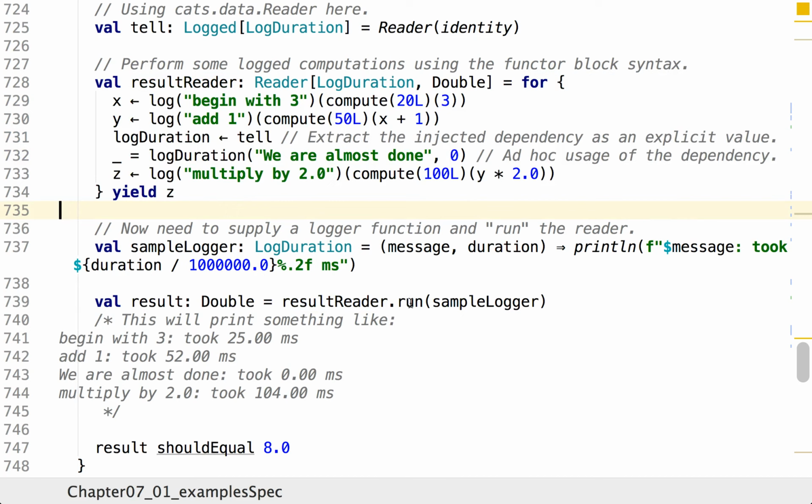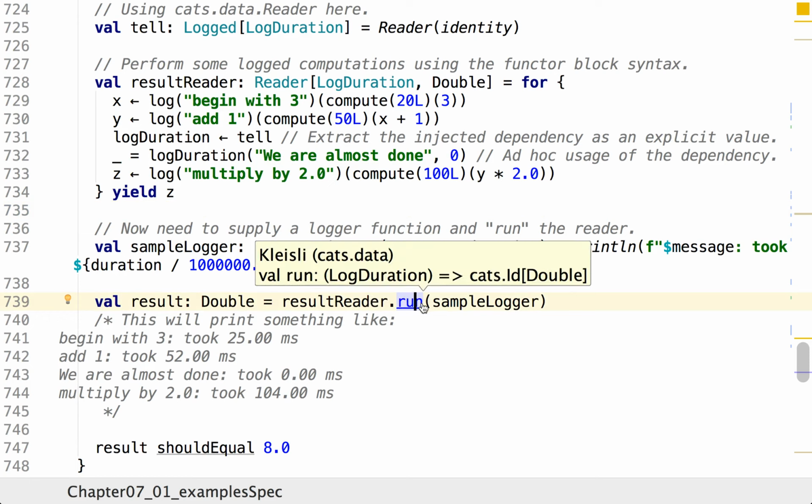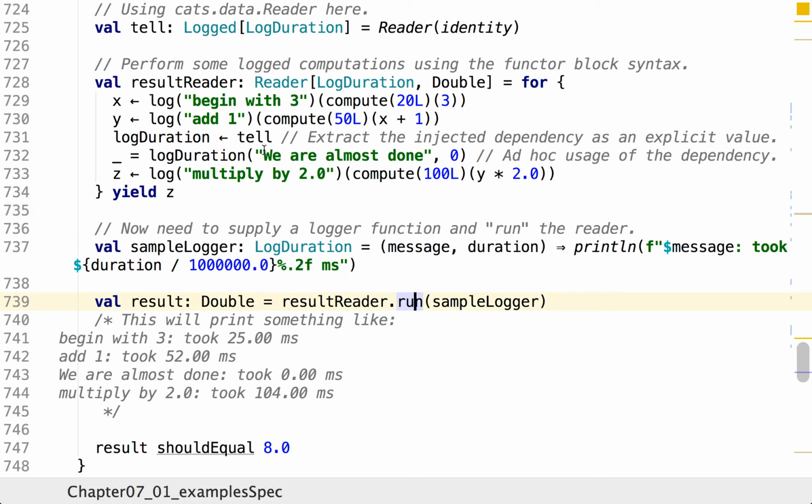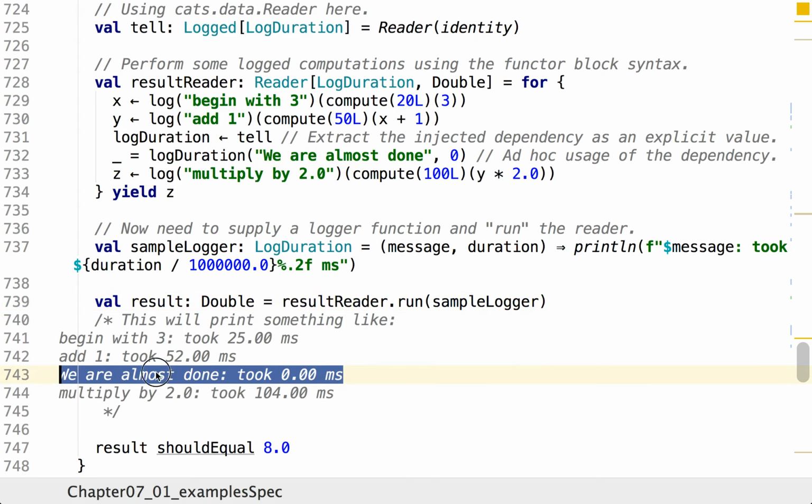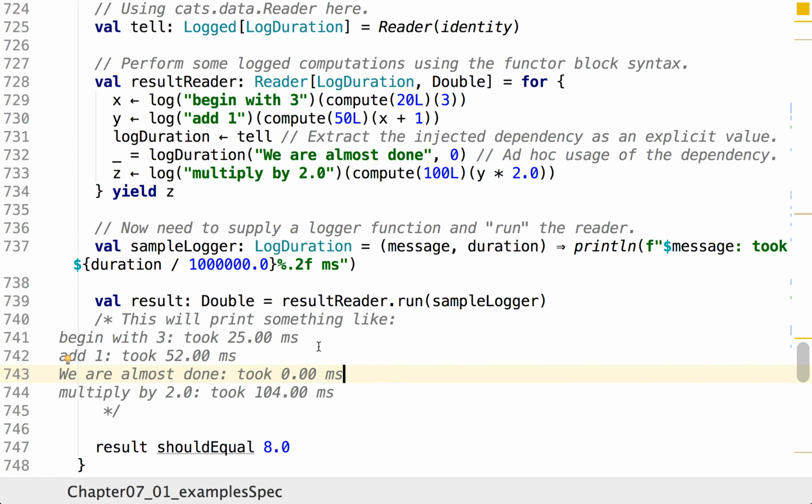So monads of this kind usually have a method called run. This method takes a log duration and it gives me a double. And so that's what I have to do at the end. And so the result is this printout, as we expected. It's about 20 milliseconds, about 50 milliseconds, about 100 milliseconds. And then there is this extra ad hoc computation. Now, just one